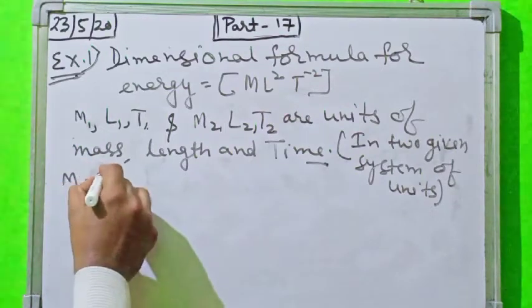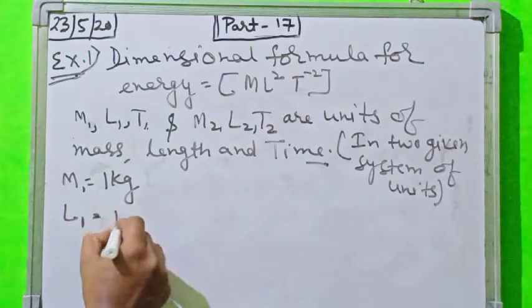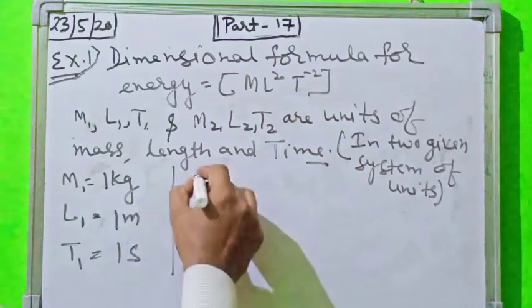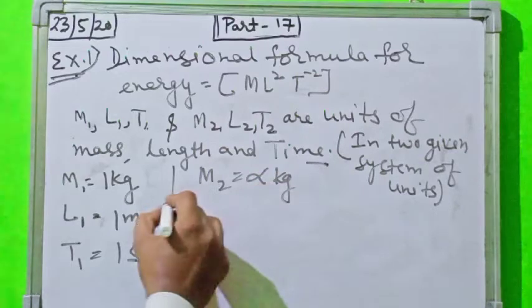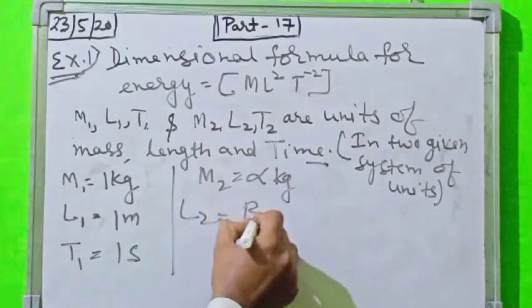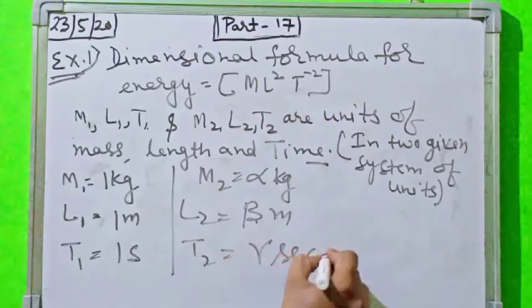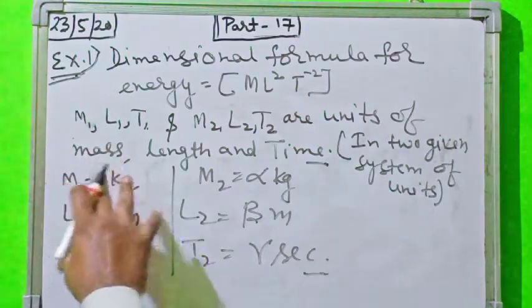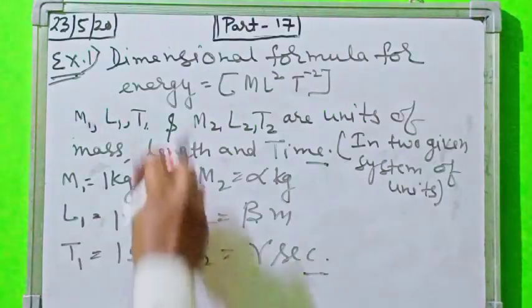M1 is equal to 1 kg, L1 is equal to 1 meter and T1 is equal to 1 second. M2 is equal to alpha kg, L2 is equal to beta meter and T2 is equal to gamma second. Now this is the given system, and this is the new system. Now using our formula,